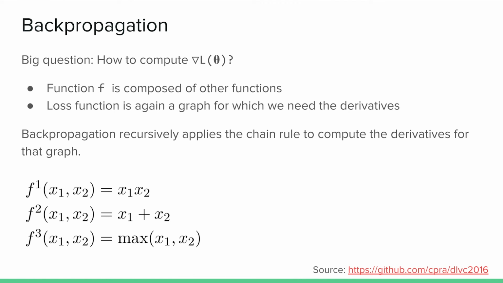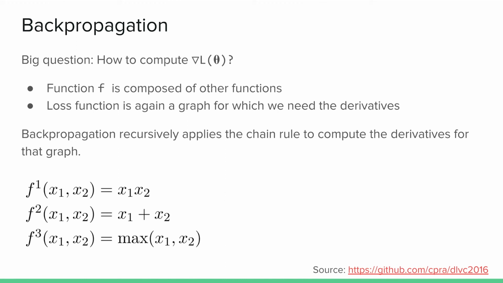Our network typically is composed of just simple functions like a multiplication, an addition, or maybe a maximum between two values. So if we take f1, 2, 3 here, being defined as the multiplication, addition, or the maximum between two values,